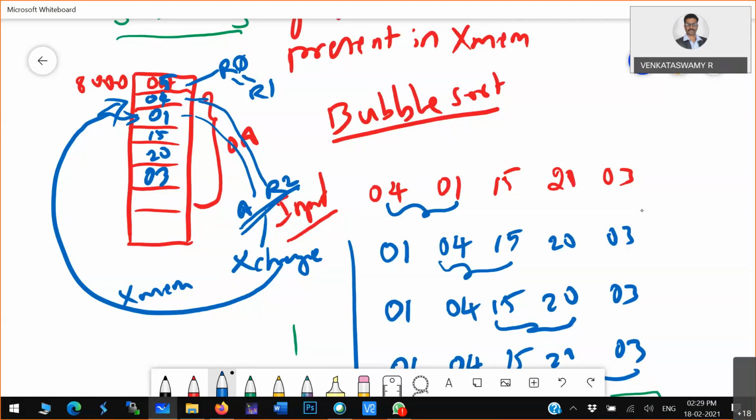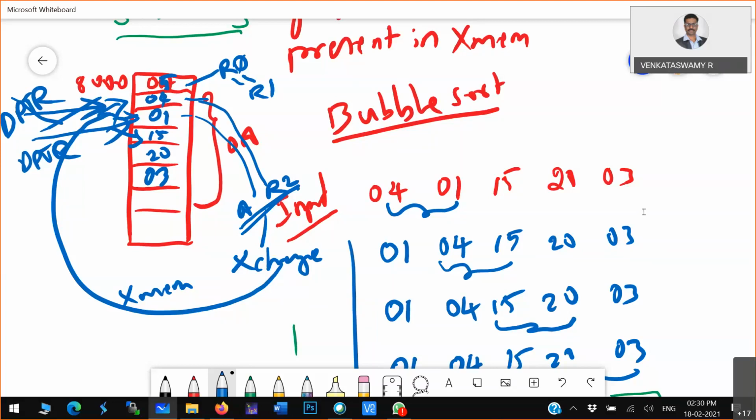Then earlier your DPTR may be pointing to this particular memory, so move your pointer to the next memory location. Now it is pointing to the second memory location. From here you take two elements and bring them to the A and R2 registers, and if the first number is greater, exchange, and write the exchanged value back to the external memory. Like this, continue